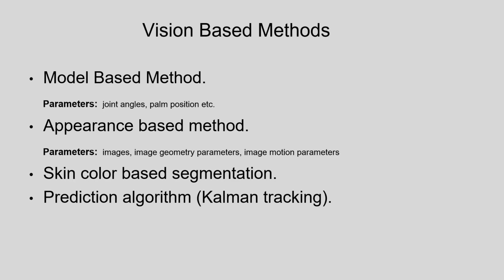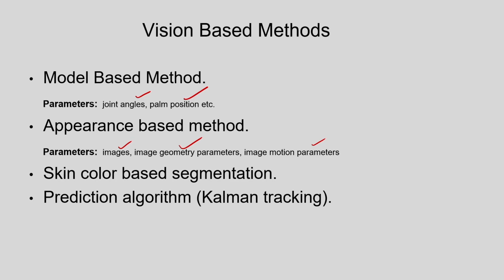So, for vision based methods, we can consider the model based methods. So, for this we can consider the parameters of the hand, like the joint angles, the palm positions, like this we can consider, or maybe we can consider the appearance based model. So, for this we can consider the parameters like images, the image geometry parameters, image motion parameters, we can consider these parameters. And already I have explained about the skin color based segmentation. So, we can apply this technique. So, with the help of the skin color, we can do the segmentation of the hand from the background,